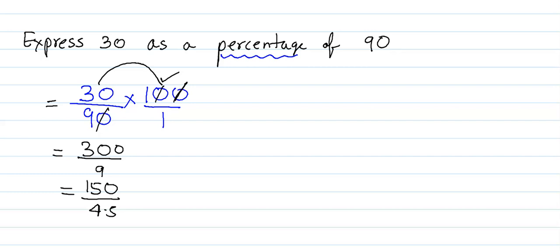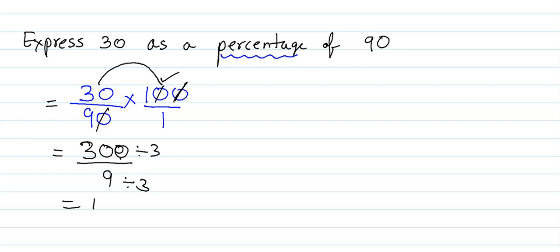Yes. Divide by 3. So let's go for divide by 3. Avoid decimal. Okay, so here it is 30 times 10, that is 300, divide by 9. So if you divide by 3 here and divide by 3 here, it will be 100 divided by 3, and 100 divided by 3 is